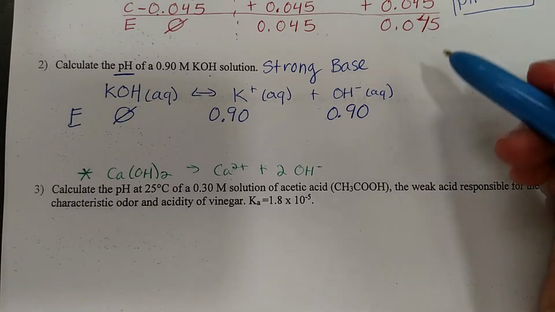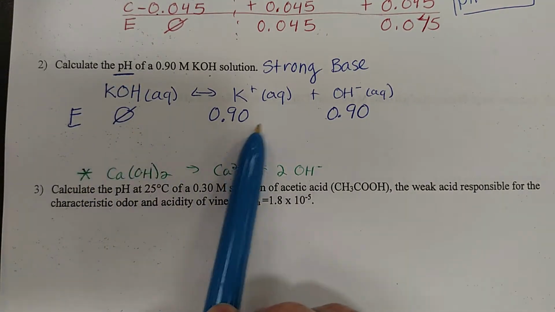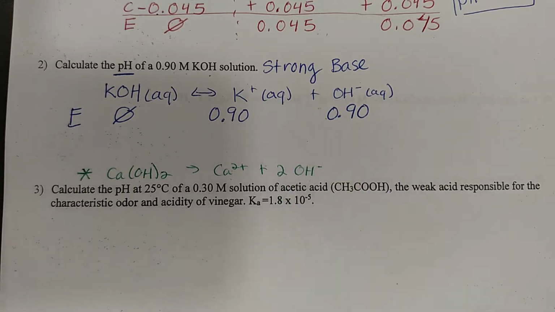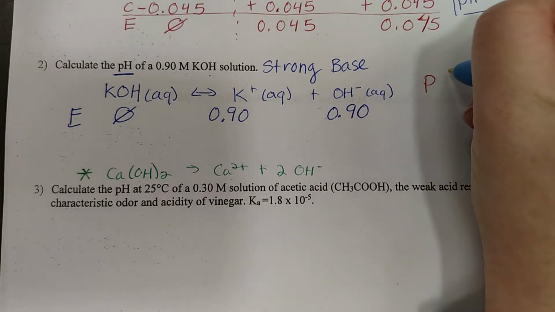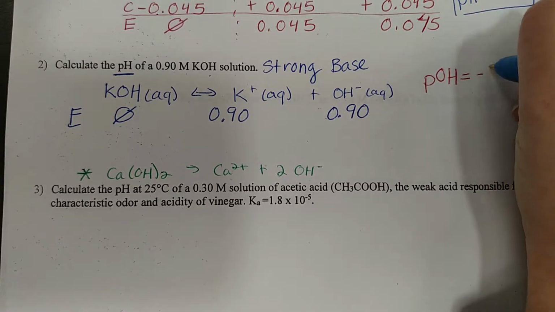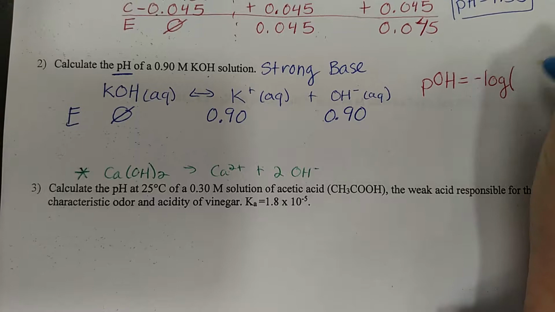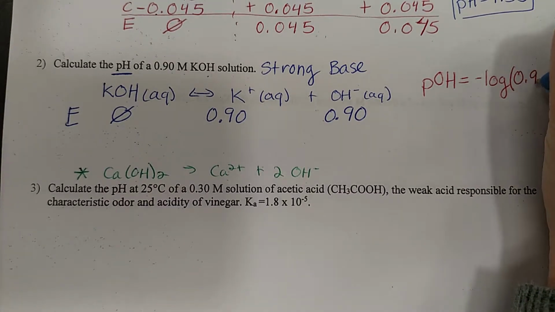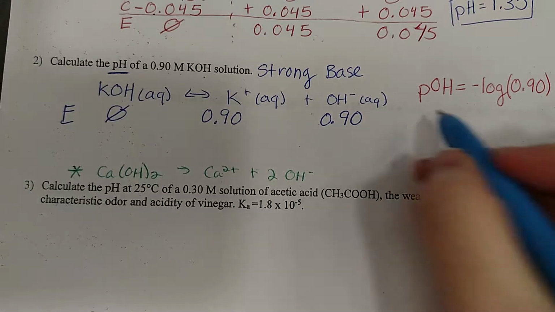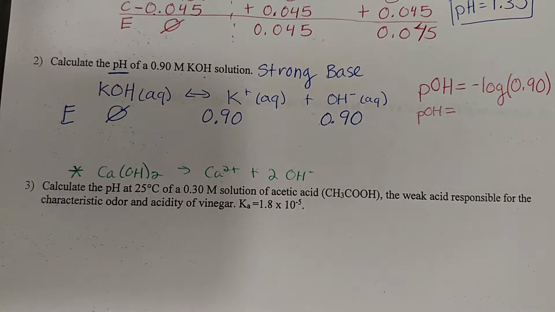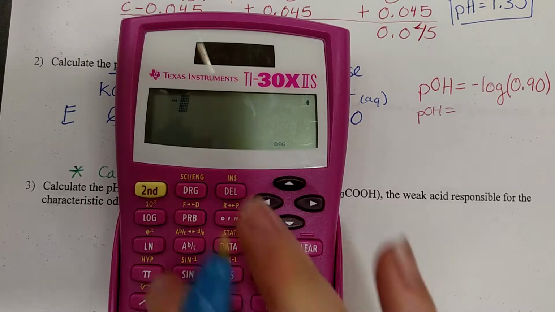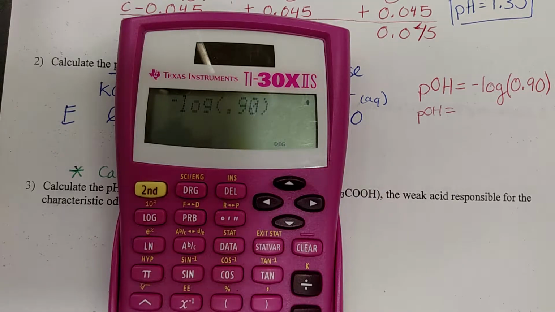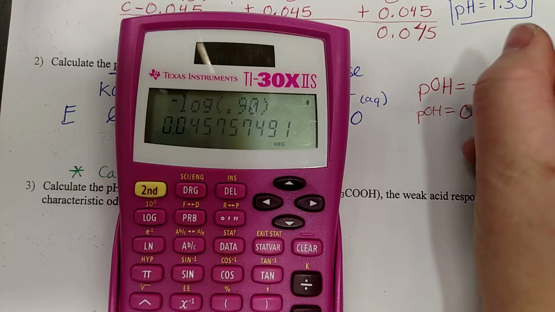So from here, we want to find pH, but we don't have a hydrogen ion concentration, but we do have hydroxide. So what we can calculate at this point is pOH. So negative log of our concentration of OH, so 0.90. And we can calculate that. So negative log of 0.90, and we get 0.045, so a pretty small number. We have 2 significant figures in our original, so we want 2 in our answer, so 2 decimal places. 0.05,